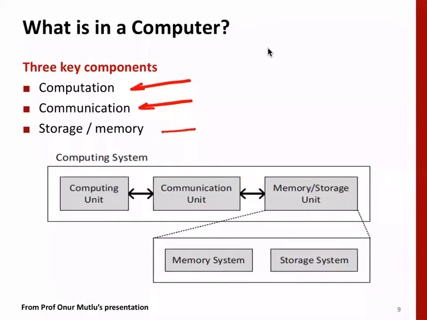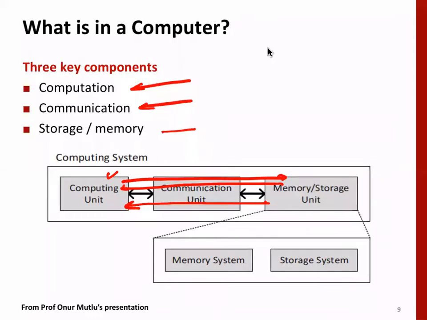Now this is a diagram. We have the computing unit, but data and instructions to the computing unit come from memory through a communication unit. Instructions and data come from this memory or storage unit, and finally data goes back to the memory or storage unit, or it may also go to the IO unit. So this is normally what happens. Data is generally there in memory.